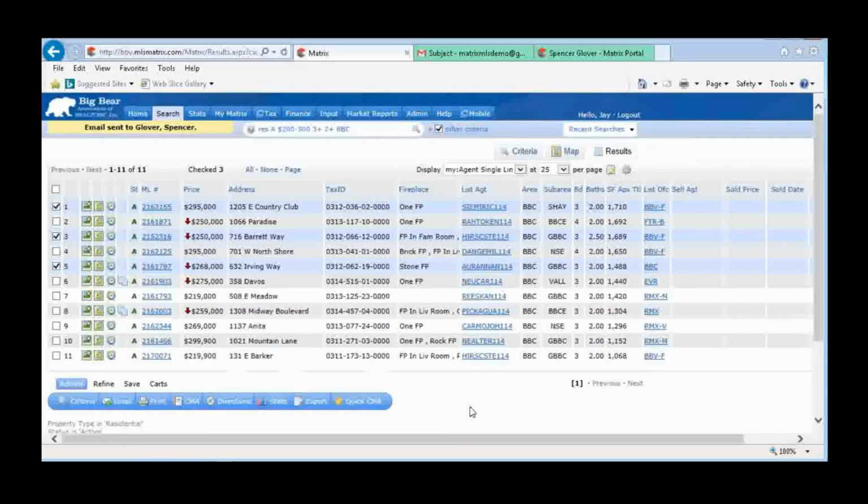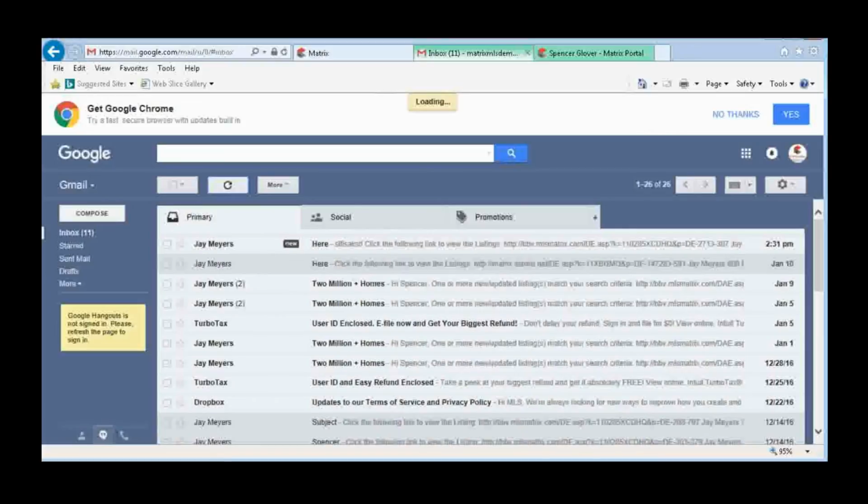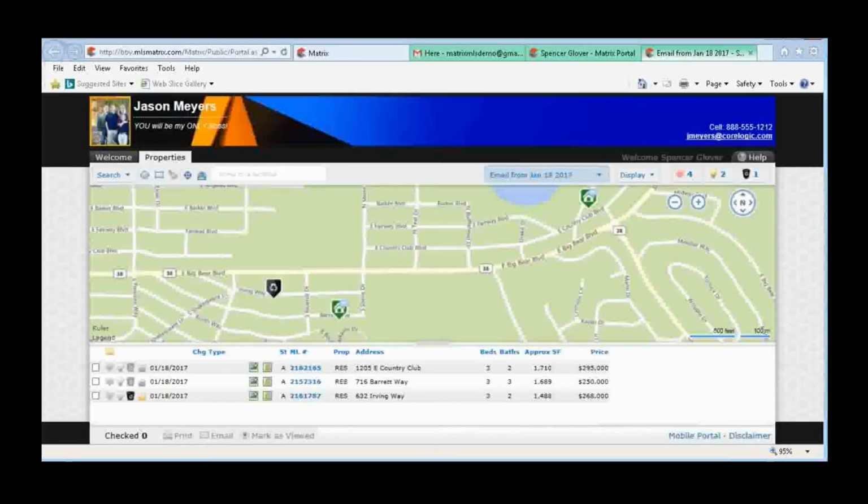So now let's step away from being an agent and go back into being the client. So I'm going to go back to this little test email here. Here's the email that I just sent. So now we're going in from the client view. So your client's going to open up their email. They're going to see the link that's created in there, except this is not a PDF file. This is going to actually open up the client portal, and now you can see those 3 properties inside of their portal. So it still sent the same information, except you got the branding benefit of it,